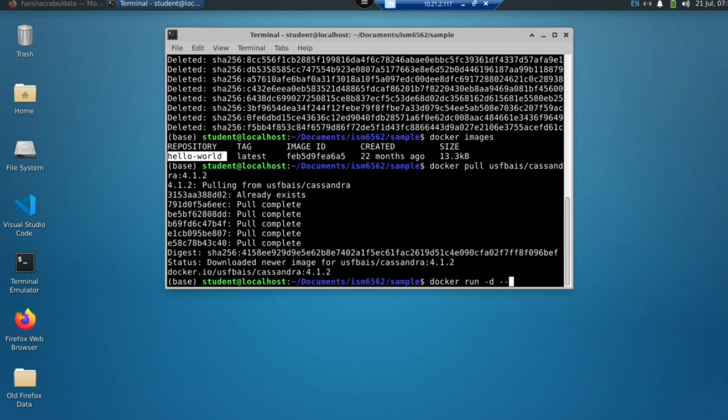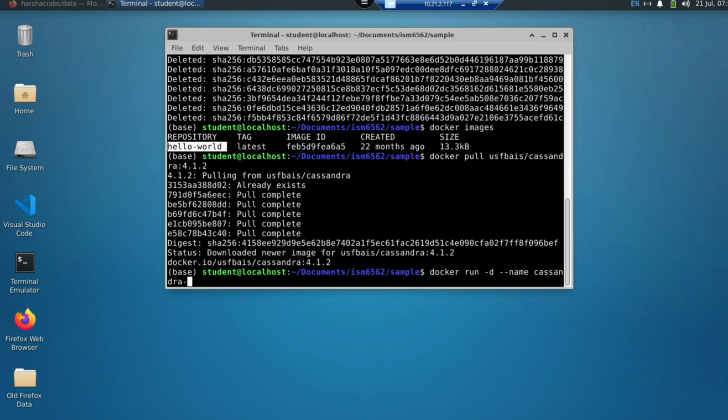For example, I want to name it Cassandra1. This is the name of the container which I want to give,